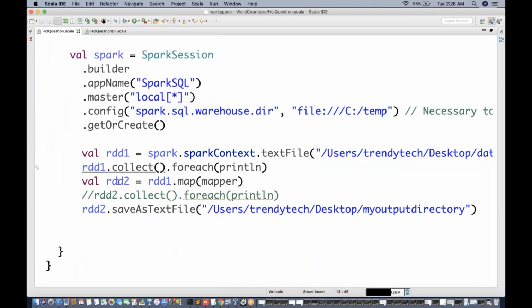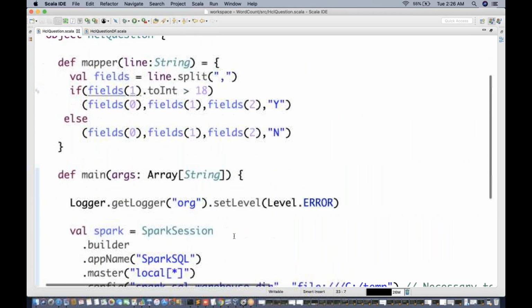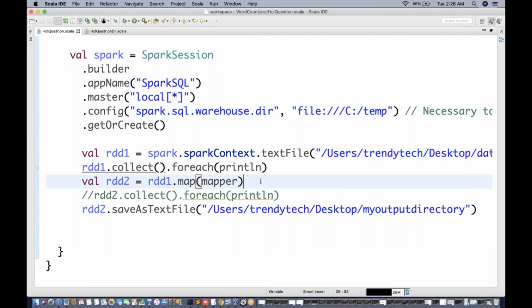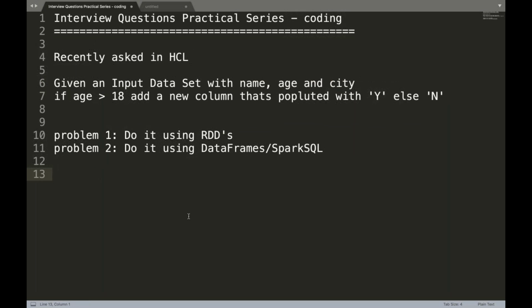We capture it as part of RDD2, and then we either showcase it on the screen directly or save it as a text file. I will put this code here for your reference. Solution 1, that means the RDD approach.